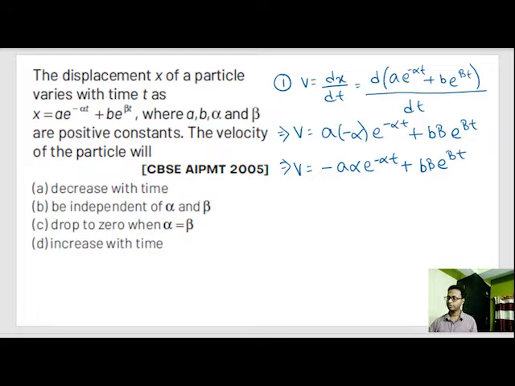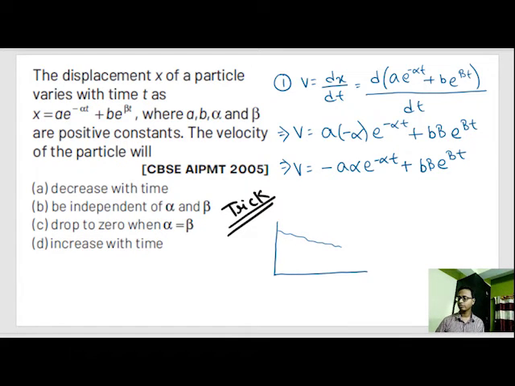Not a concept but a trick. The concept is much more elaborate, and you will learn it in higher mathematics. The subject is called monotonicity. But for now, apply this trickery. Suppose a function is given, and it is decreasing or increasing with time. I don't know which. This is x of t; it is either decreasing or increasing with time.